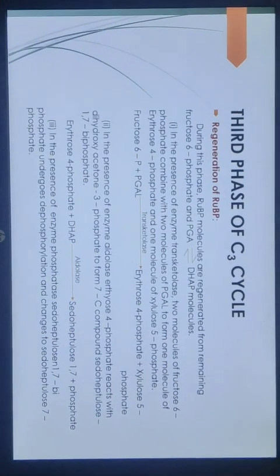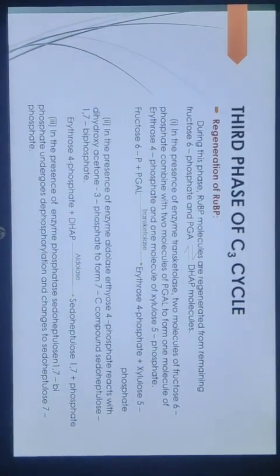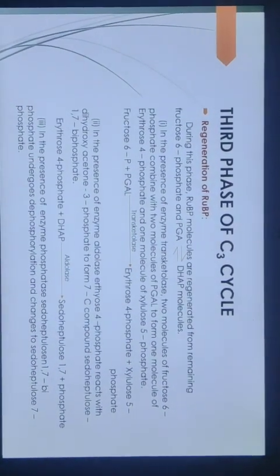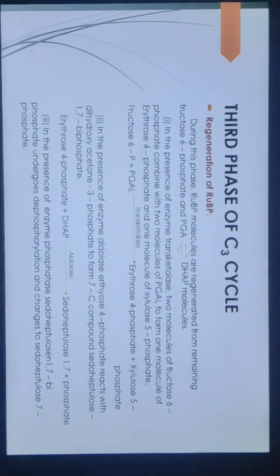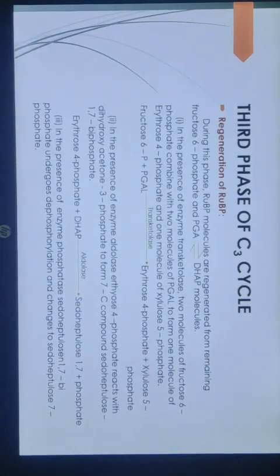Now in the presence of enzyme transketolase, so you should remember the name of the enzyme, in this case transketolase, 2 molecules of fructose 6-phosphate combine with 2 molecules of